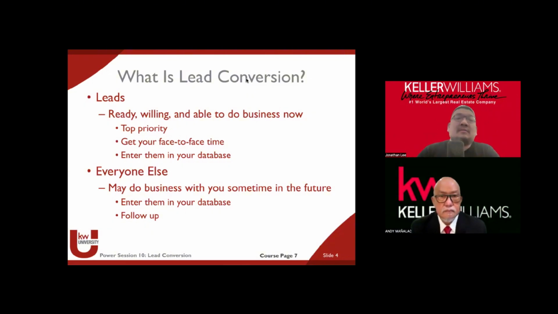And everyone else are people that may do business with you sometime in the future. These are the people that haven't responded to you. They did not respond when you generated the lead on Facebook, Instagram, or wherever. They just put their name in the form, but they didn't respond to you. Those are the people that may do business with you sometime in the future. So you put them in a database and you follow up. So you've got to understand who are the priorities, right? And you've also got to understand that you need to have a system for everyone else to make sure that